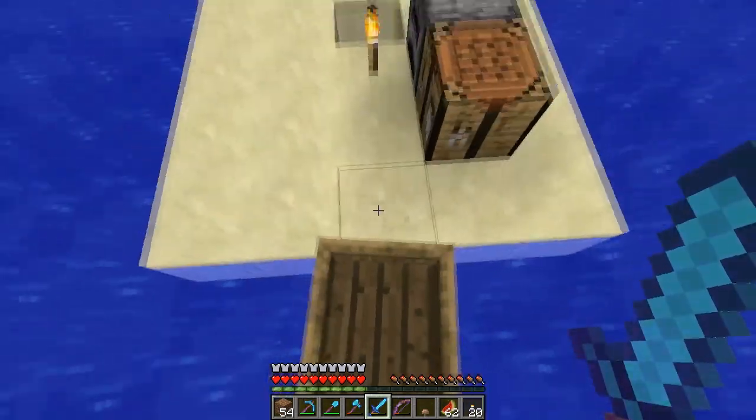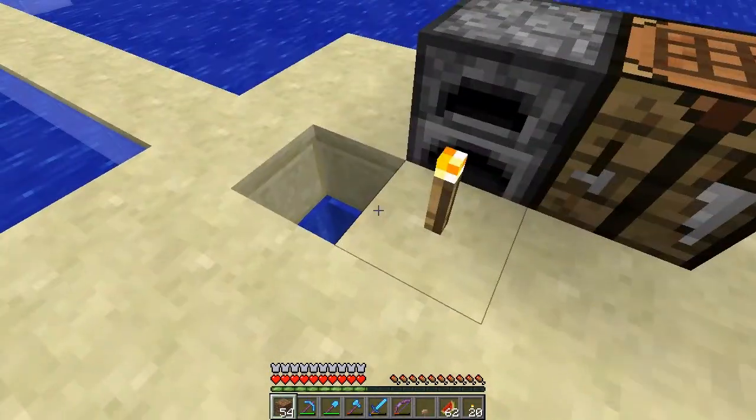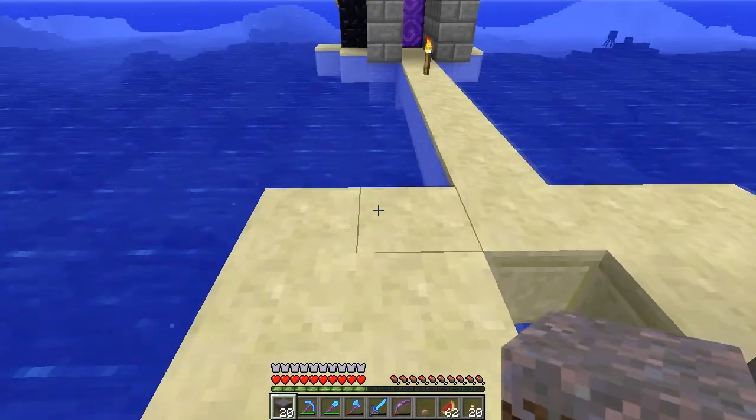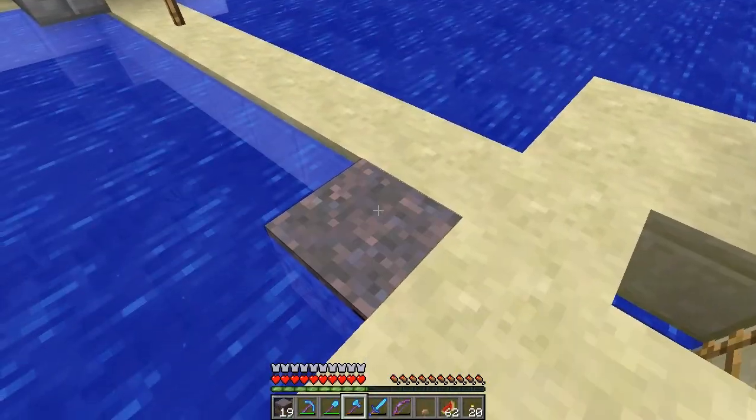So, let's get right here and place a bit of mycelium. I want my Silk Touch shovel on the hotbar. I want the mushroom. Okay. Let's just plant it right there. And then...